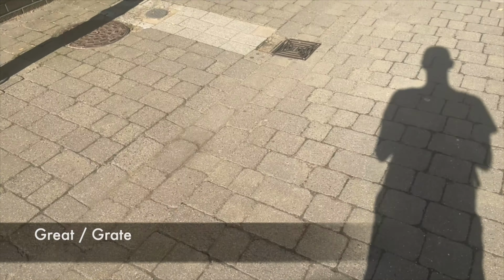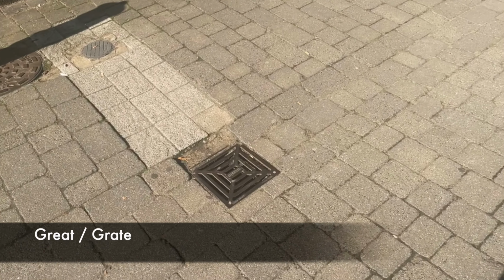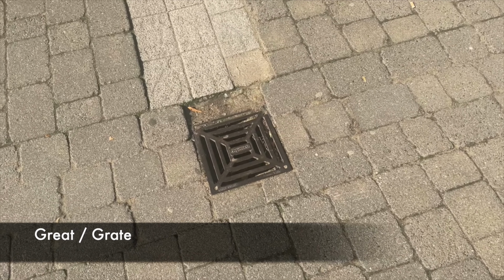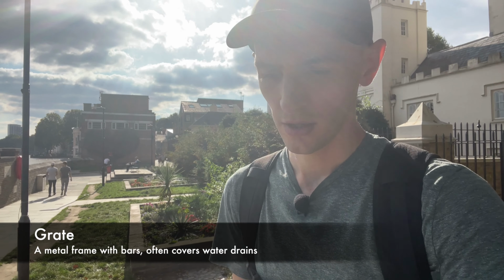Unlike the flawed flaw, however, this right here is a really great grate. Okay, that was a really bad joke, wasn't it? So we've got the first one, which is an adjective. This is great, which means like amazing, really good. And the second one, which is a bit harder, less common, is the noun,